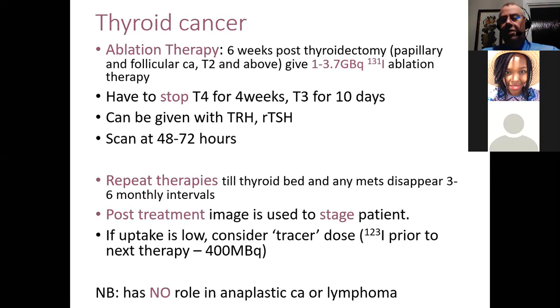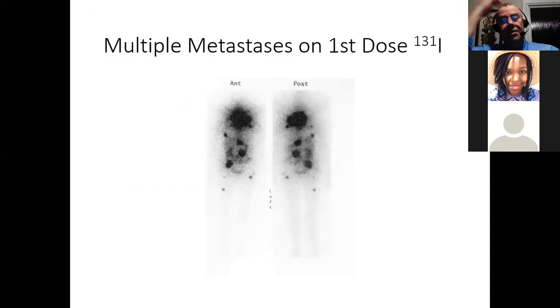And even if the treatments are done by radiotherapy, we may be involved in the post-treatment scans. If you have very low uptake, you may want to consider scanning, and I-123 is preferable to I-131 if you can afford it. Remembering that radioiodine has no role in things like anaplastic tumors or lymphoma, except obviously FDG. So here is a patient who has received their first ablation dose, 3.7 gigabecquerels of